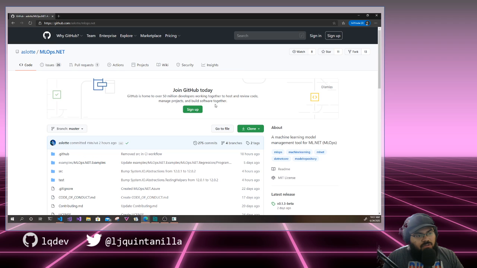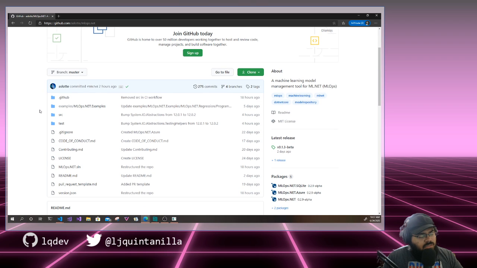And that's where this alternative comes in, where with MLOps.net you can take full advantage of doing both the metadata, like the logging of metrics and the logging of parameters, but also the model registry piece, and you're able to do that all using .NET code, right? And best of all, it works seamlessly with ML.NET models. Furthermore, if we go into the source here,